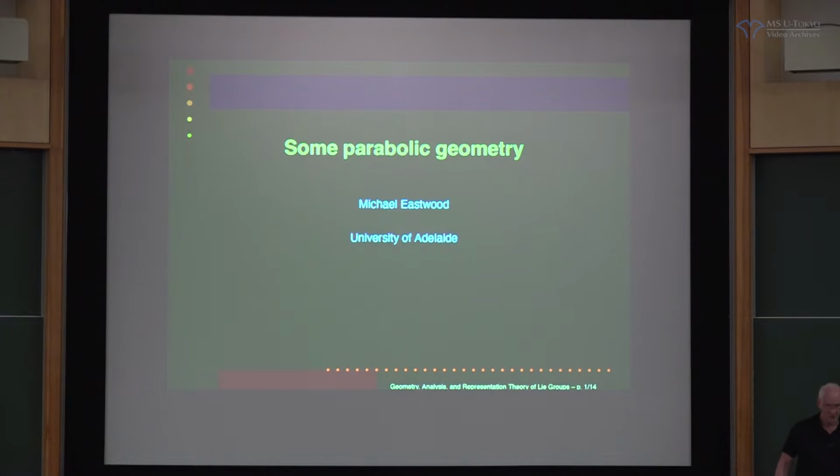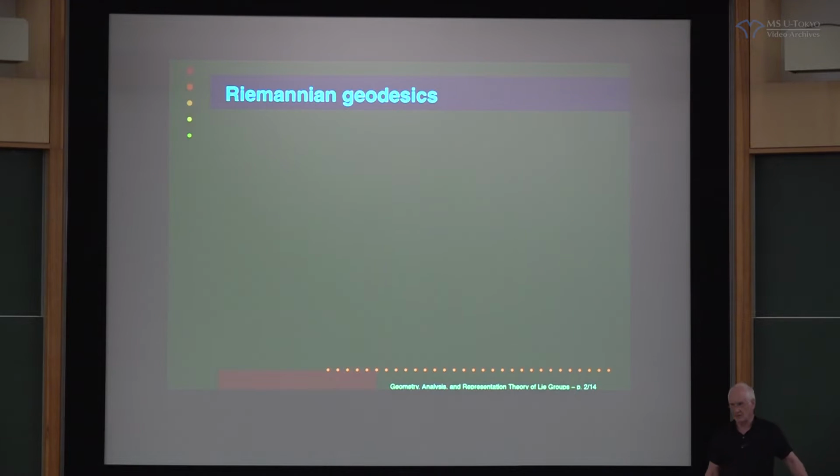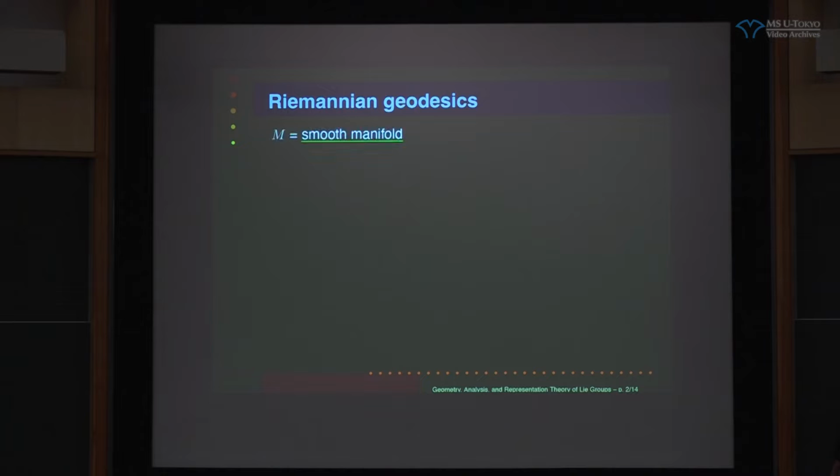Okay? So this talk is in differential geometry. And first of all, I'd like to just establish some notation for Riemannian differential geometry. In particular, talk about Riemannian geodesics. All of this discussion is local, but I'm going to start on, let's say, a smooth manifold, M, and we're going to have an oriented smooth curve in this manifold. And first of all, I'd like to tell you what it means for this curve to be a geodesic in the presence of a metric.